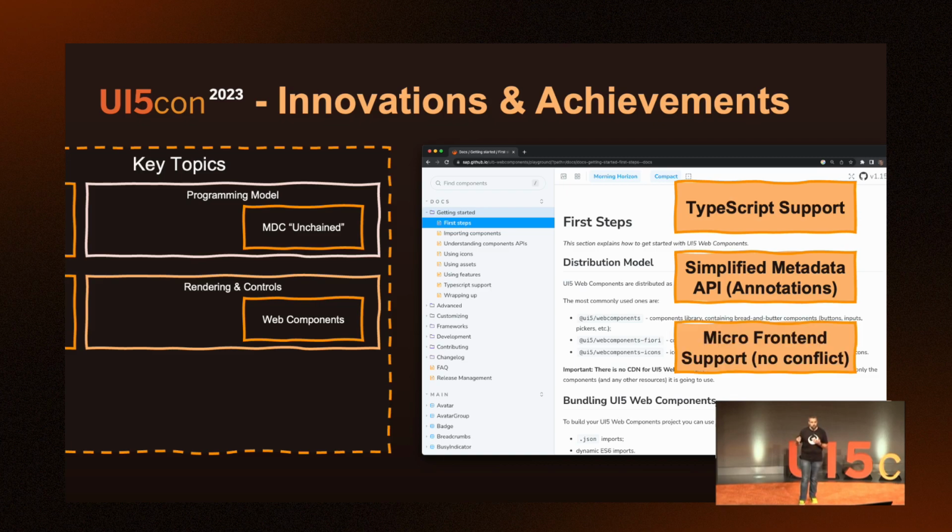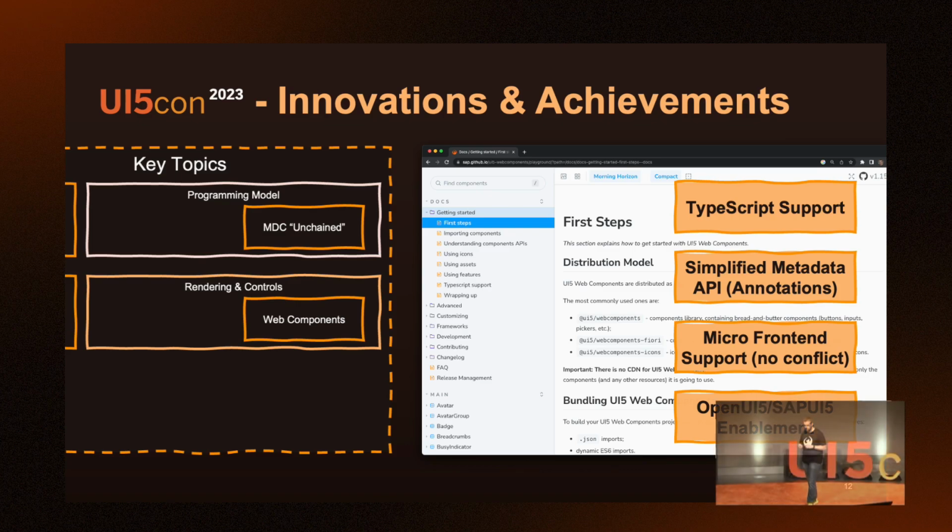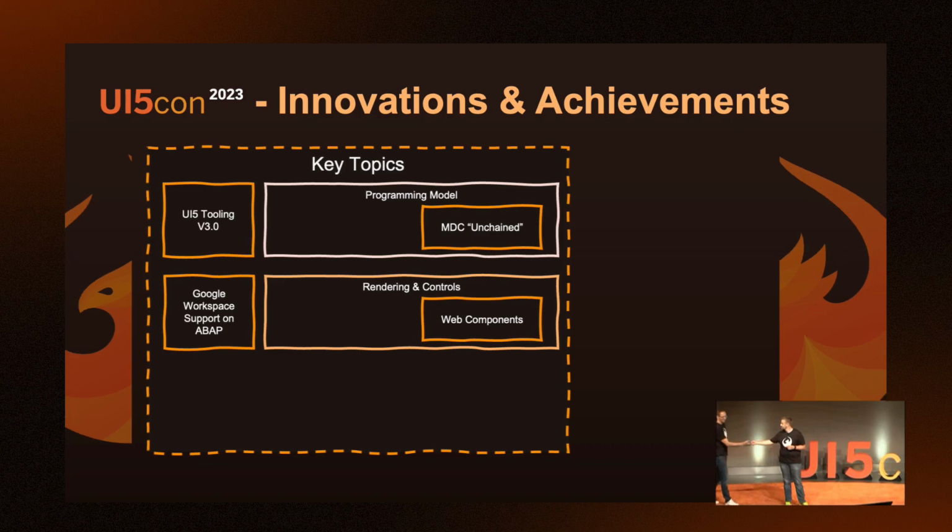And for sure, micro-frontends are always a topic when it comes to integration scenarios. Here, we also prepared the web components so that they come with a no-conflict mode, and they work together in multiple versions on the same screen, to be able to provide proper rendering of different micro-frontends with different versions of the web components. And last but not least, we are continuing to foster the web components as part of OpenUI5 and SAP UI5 to really make them ready to be used in the future as the standard for controls. With that, back to you.